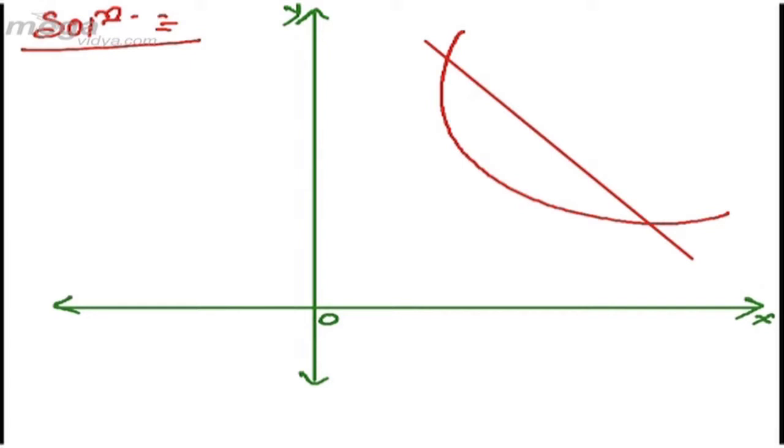So you will get 2 points of intersection, one is this and one is this. Now we will join these two points to the origin. When you join it,